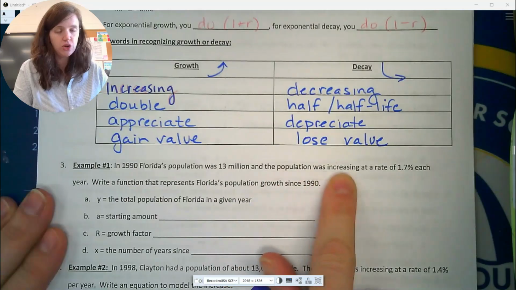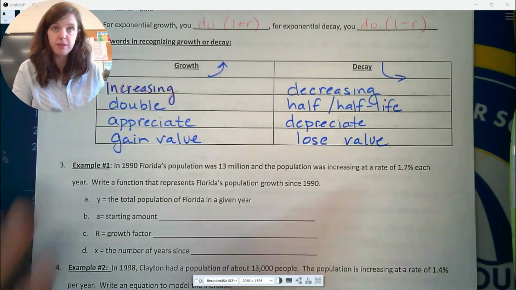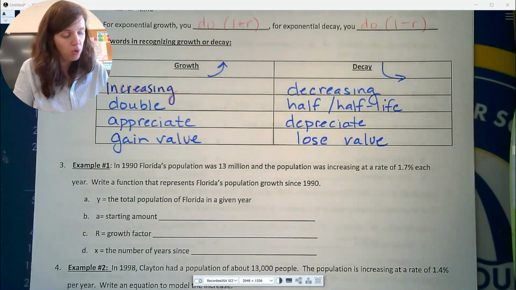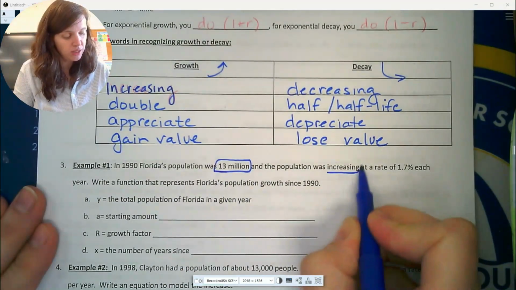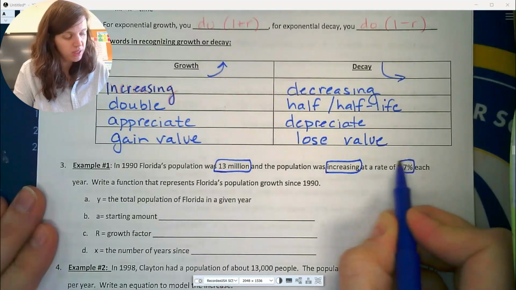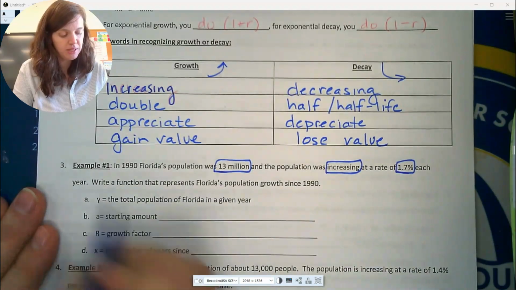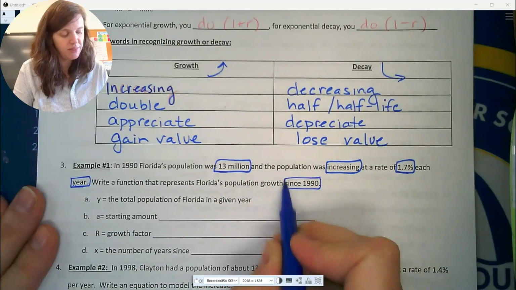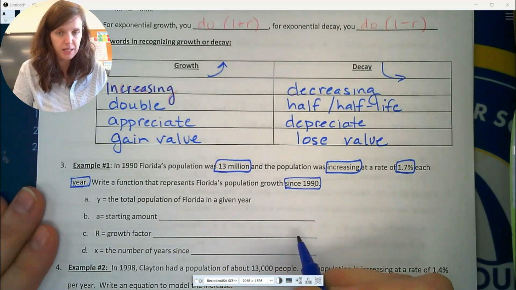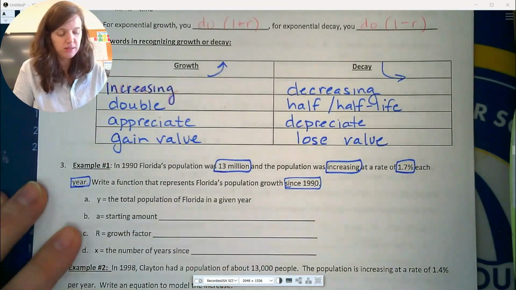and the population was increasing at a rate of 1.7% each year. So I know I'm starting with 13 million and I'm increasing, and here's the amount I'm increasing by. Okay, and that happens each year. And then the population growth since 1990, right? That's my starting year, 1990. So how do I write this